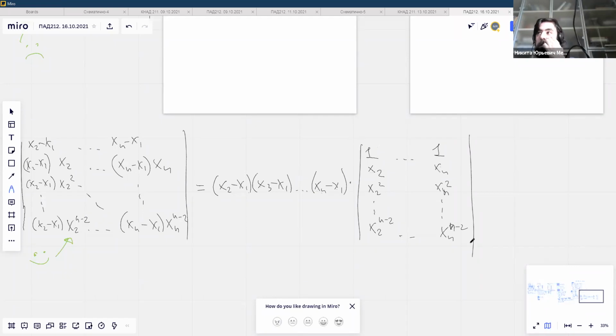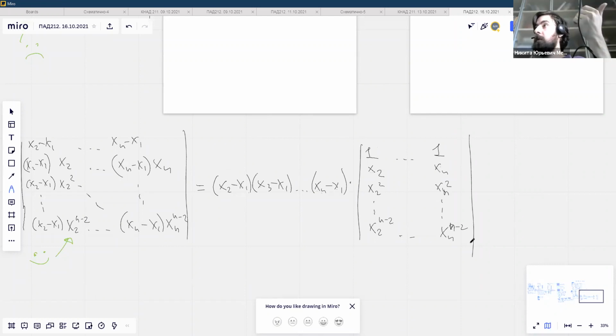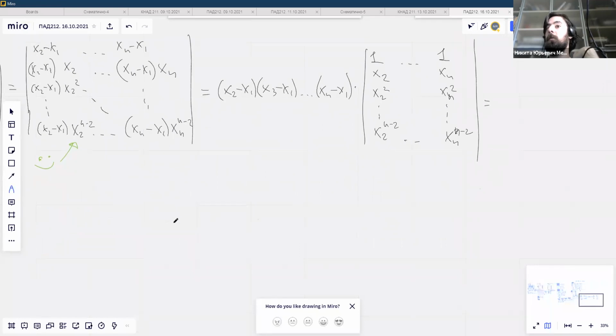What is the magical word that immediately we want to use? We can do the same operations. So in our multiplication. Okay, we can repeat the process. We can say we do this again and again, etc. And if we are pedantic enough, we can say we use induction. And so after many iterations, after many steps, we will obtain the following wonderful formula, that the resulting determinant is equal to